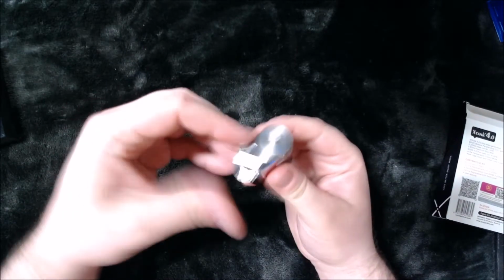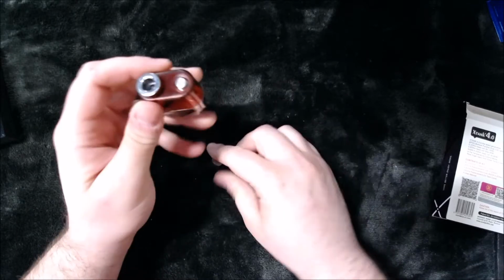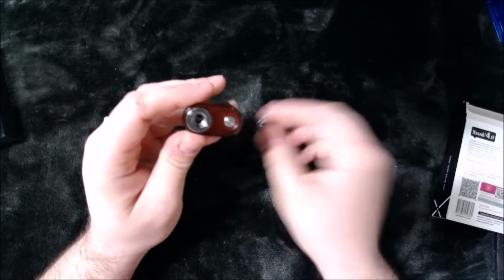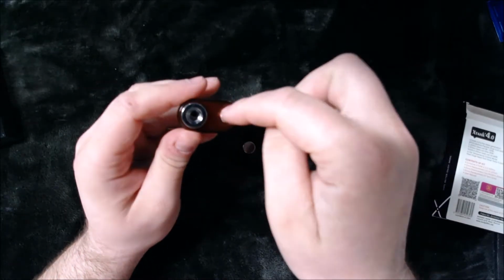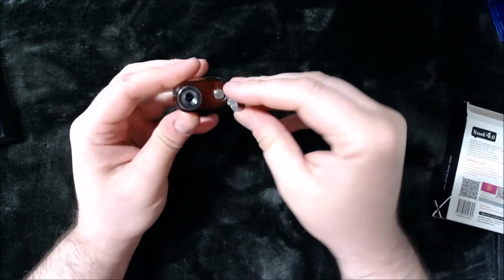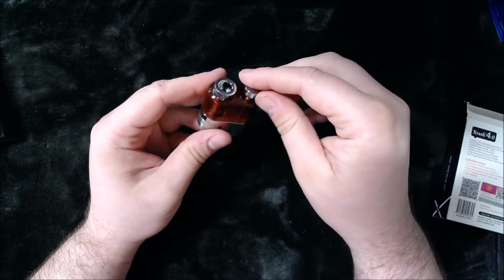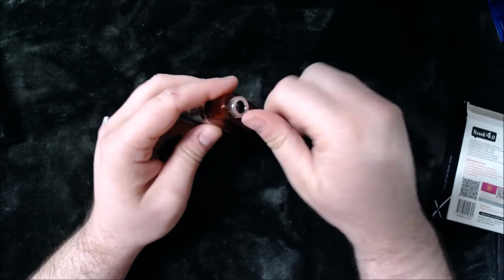So what I do when I fill it, I don't even bother using the bottom. I just take off the post screw and I just pour the juice in very slowly around that post, and it works just as nice, and I don't have any problems. You can either use that one,